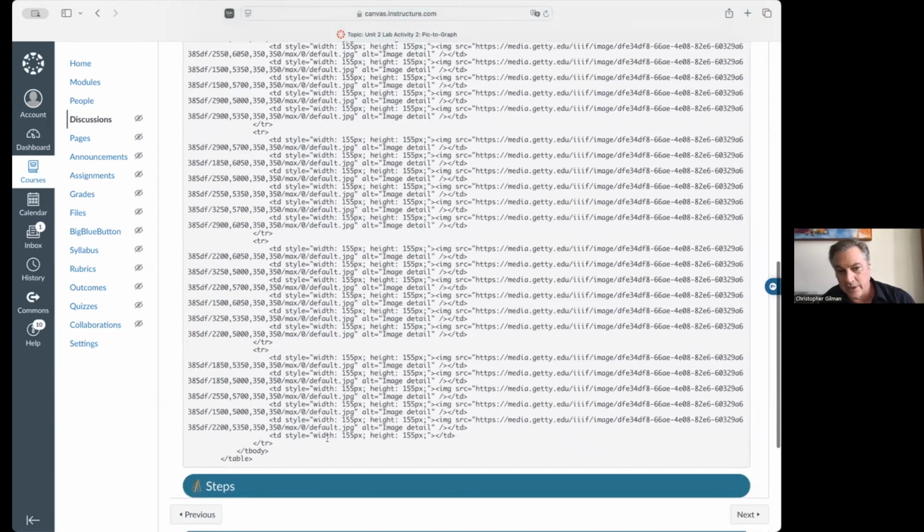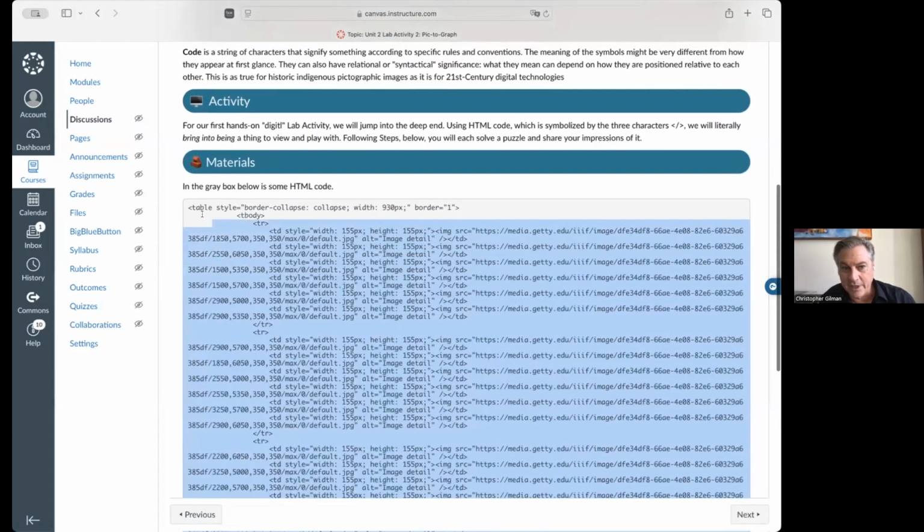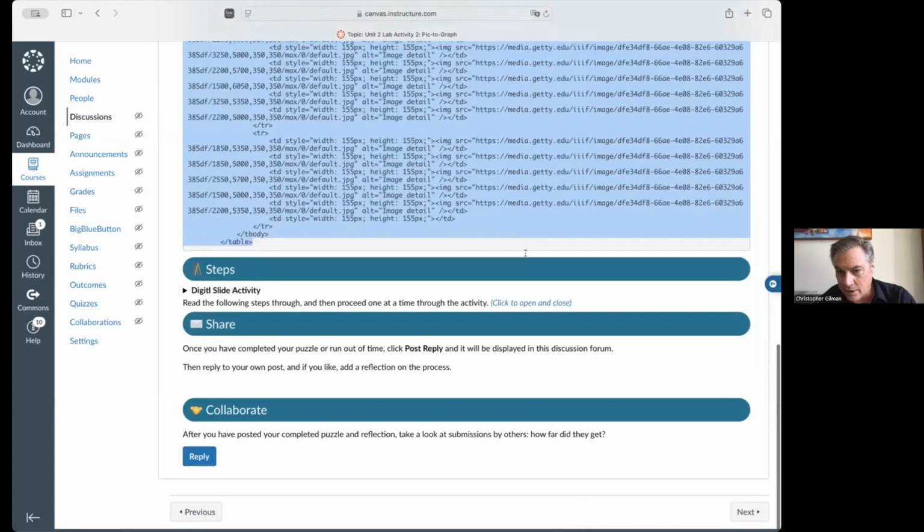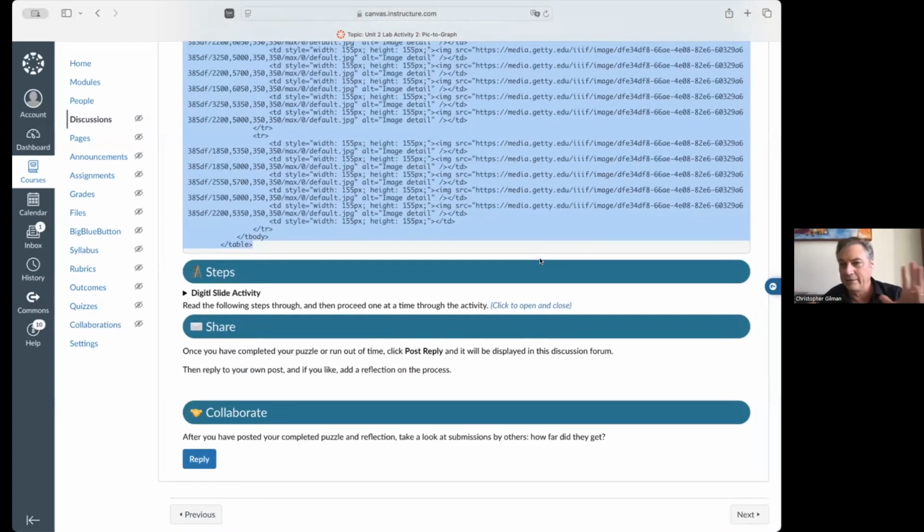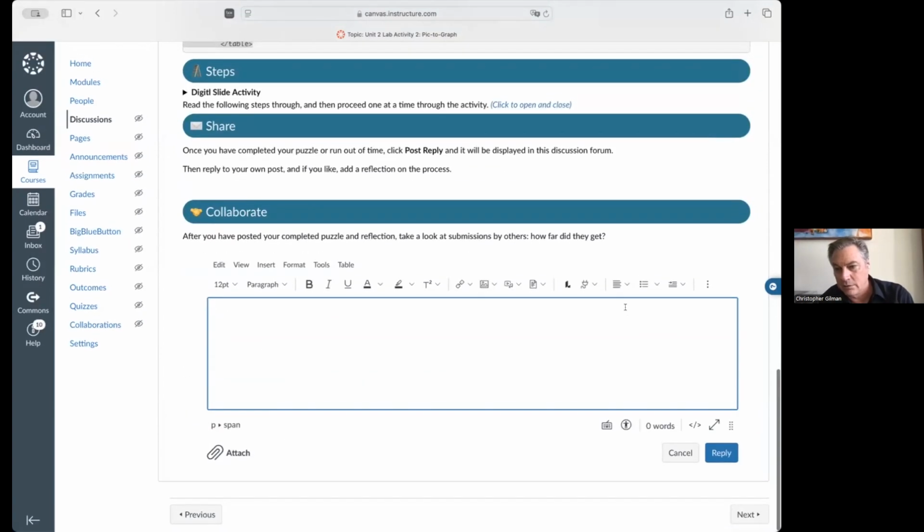And in this case, the task is to copy this little block of code, which has certain formal qualities and a kind of interest of its own, and then create a discussion post